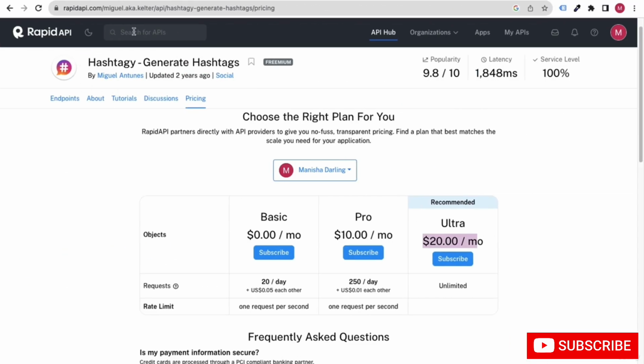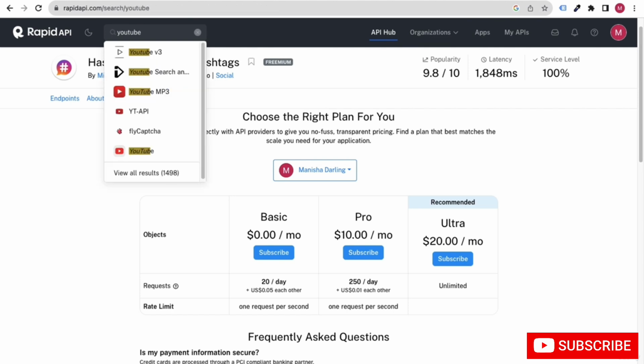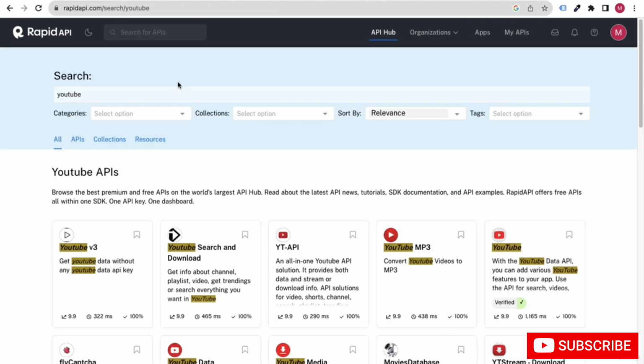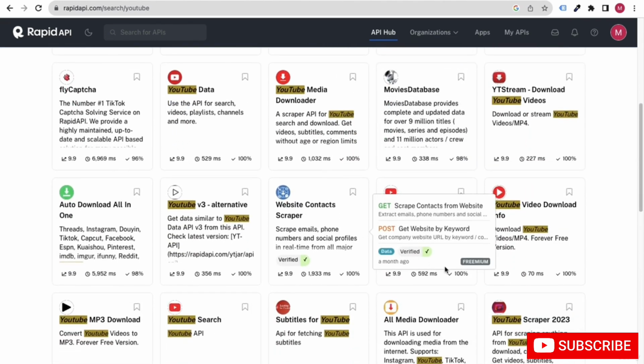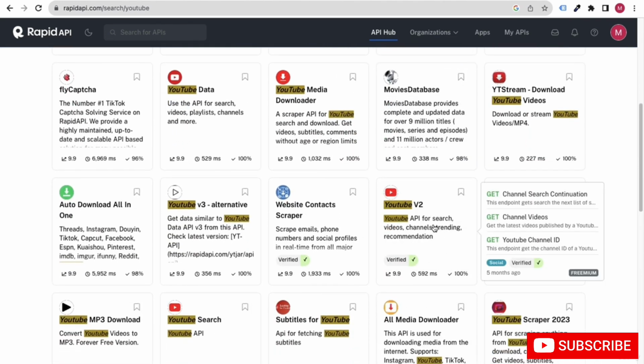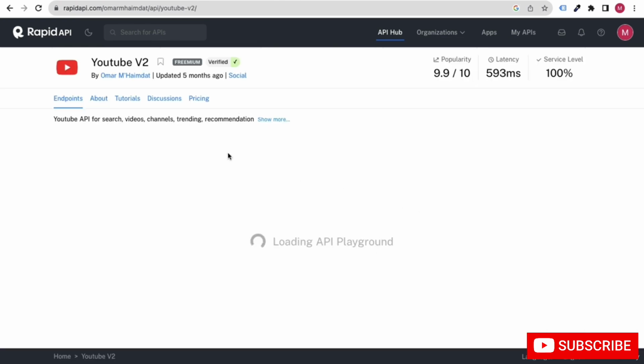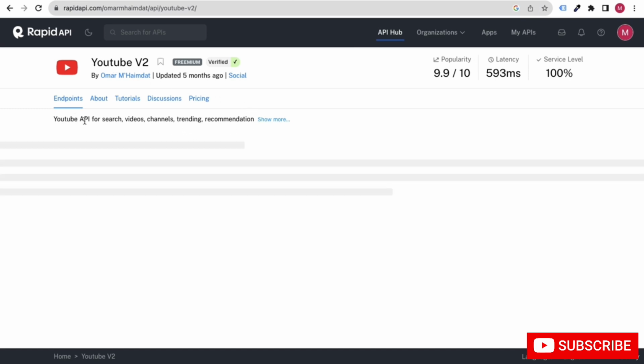Okay, so what we are going to do is, let's say I take you guys to Rapid API, and if I search for YouTube, there will be a lot of tools. So for example, I have this YouTube v2. Let's say I go for the YouTube search API. And here you are going to see we have endpoints, right?